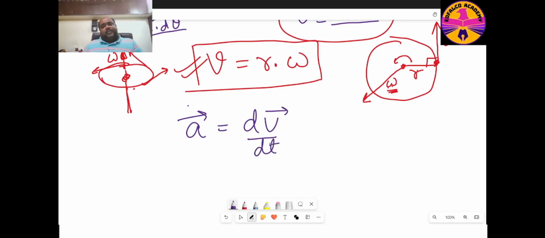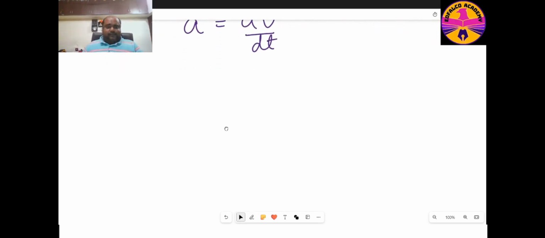So acceleration vector is equal to dv vector by dt. So if the velocity vector is changing either because of the change in direction or because of change in magnitude or combination of both, acceleration is going to be present. So let us try to find out next what this acceleration is in the case of a uniform circular motion. So in order to derive that,